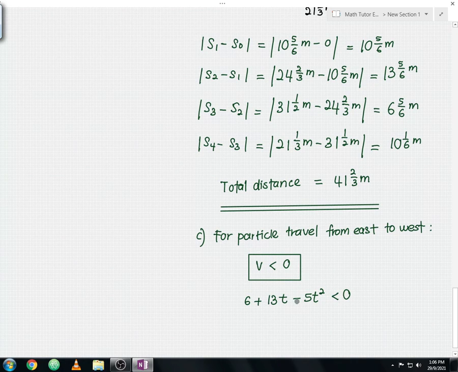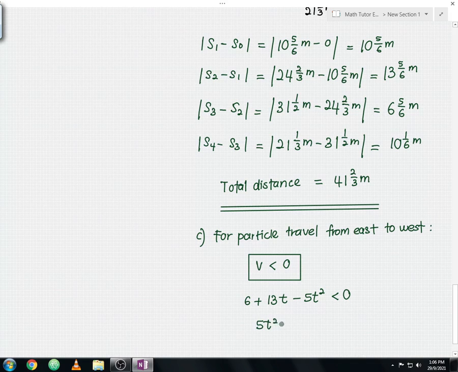Since you have the coefficient of t square is negative value, we need to make sure this coefficient is positive. Okay, but then you need to be careful, since it's involving an inequality. When you shift the side, you need to shift the inequality sign as well. So when you move these variables from left hand side to the right hand side, it will become